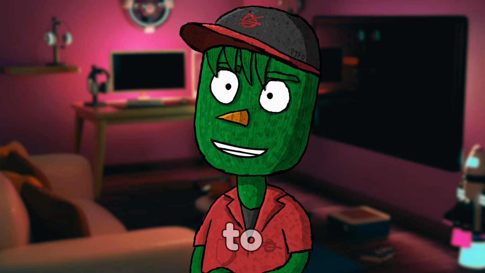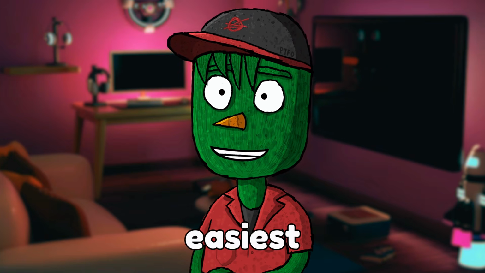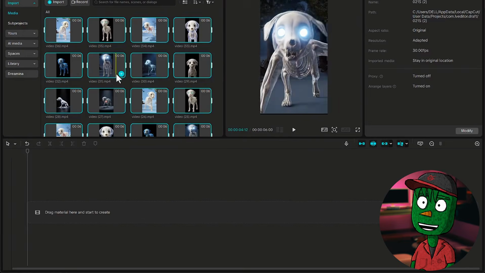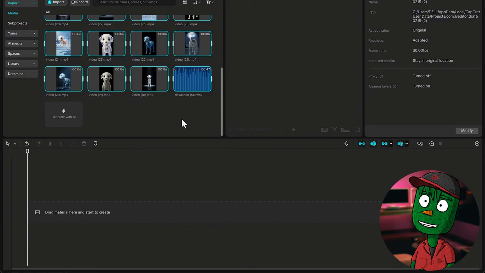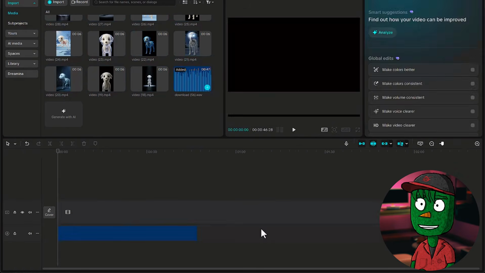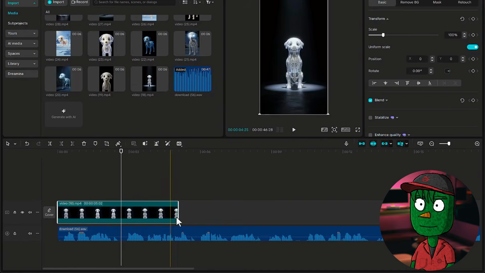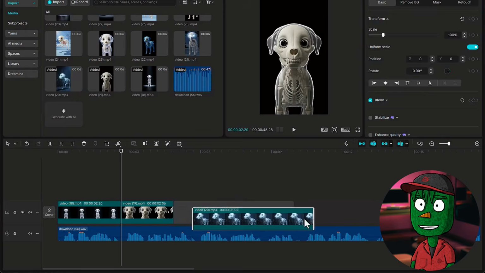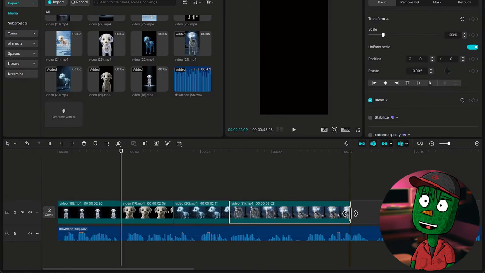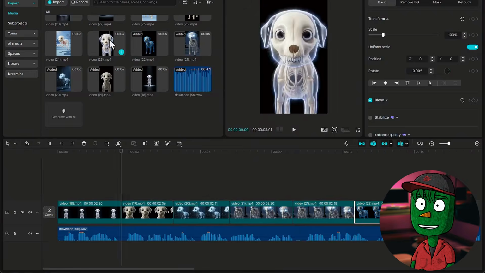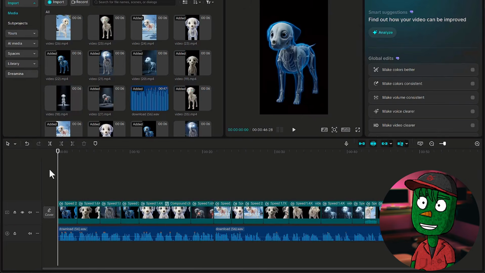The next step now is to put the video together, which is like the easiest step. What you just need to do is open CapCut or any of your preferred editing software, upload all the clips you generated in Wayne Video and also the voiceover that you generated as well, dragging the voiceover into the timeline. Then start adding the clips one after the other. Remember, you have to listen to the voiceover to know exactly the clip that is going to fit that part. But if you've already numbered your clips, it's going to be a lot easier, just like what I've done, right? So just add your clips one after the other. It's going to look something like this.